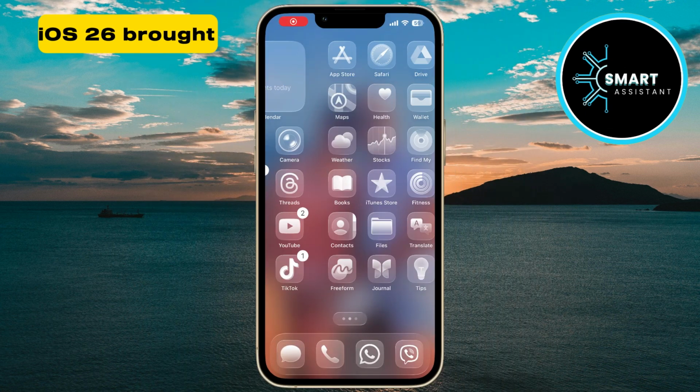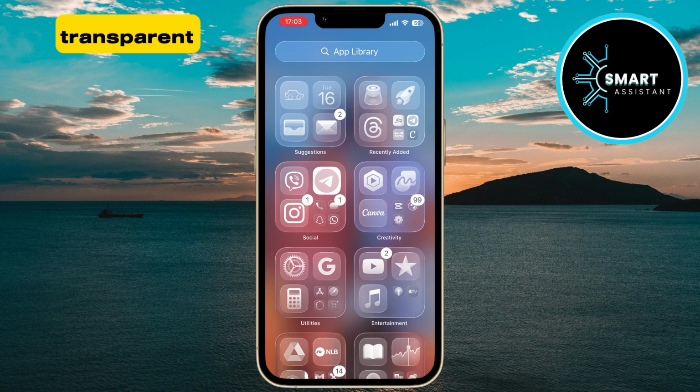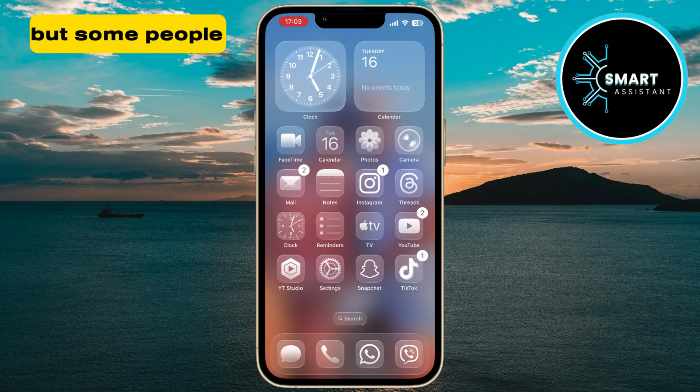iOS 26 brought a fresh update to the design with its new glass-like icons, which are transparent and modern. But some people might not like this futuristic look and want to bring back the classic, simple appearance of their icons. In this tutorial, I'll show you how to quickly and easily disable the glass effect and restore your icons